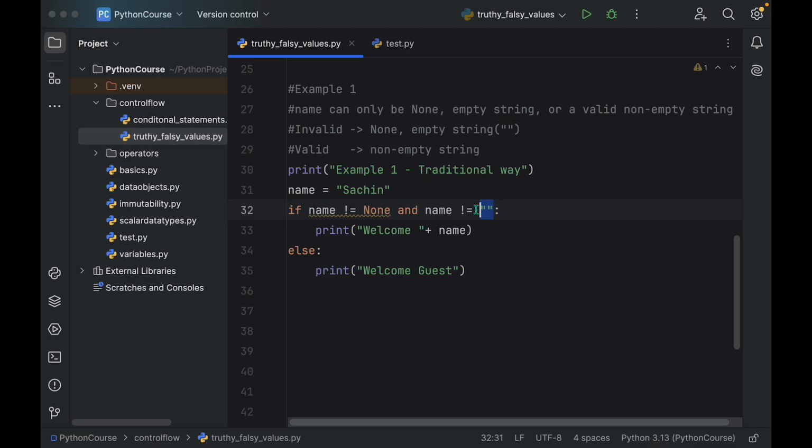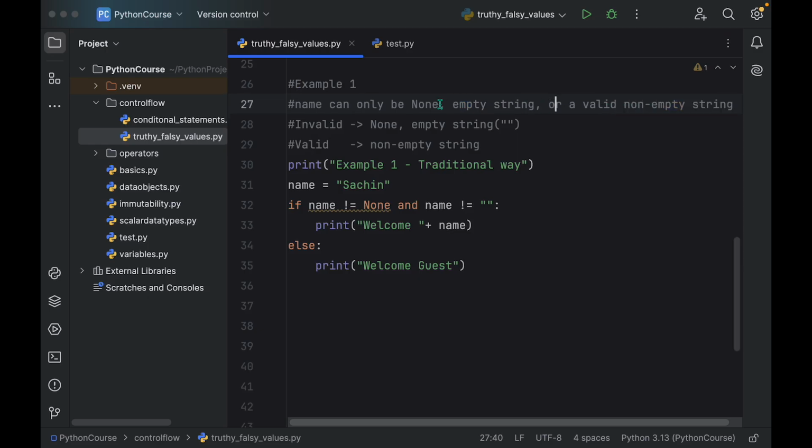Now how can we check if the name is valid? The name can only be none, empty string, or a valid non-empty string. So if name is not equal to none and it is not equal to empty string, obviously we can confirm that it is a valid non-empty string, because these are the only three possibilities we have as per the problem statement. So we write the condition in this way: if name is not equal to none and name is